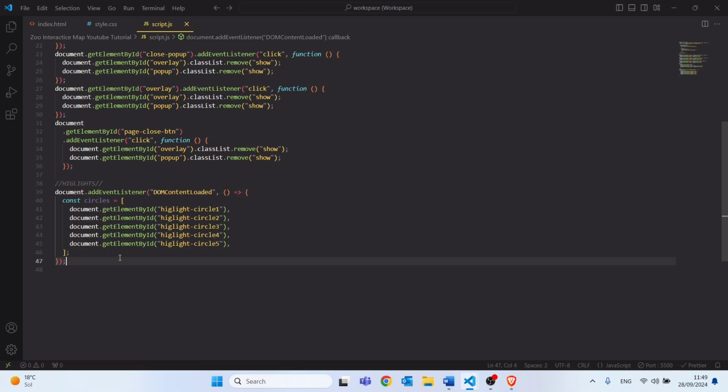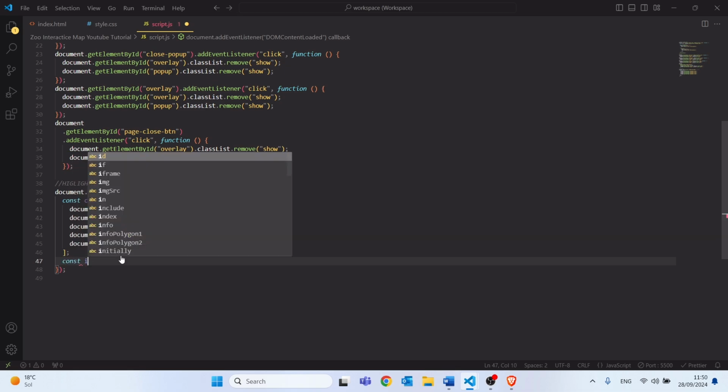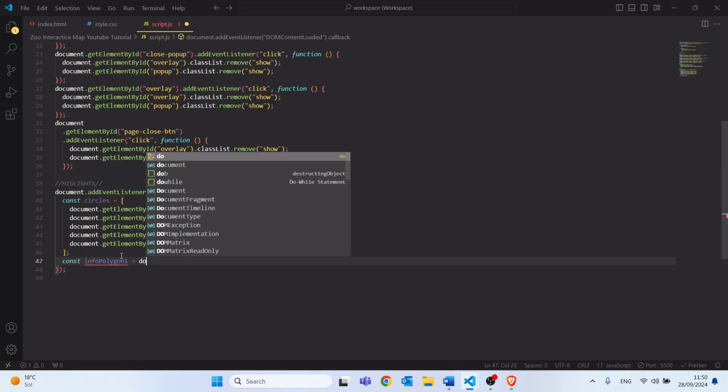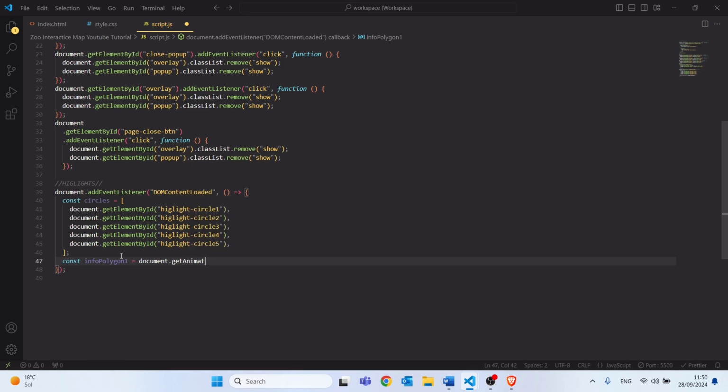Next, I will identify 2 specific polygons from the HTML using their ID attribute and assign them to variables. I will use document.getElementById to find 2 polygons named other house and other house 2. These polygons will be then stored in variables info_polygon1 and info_polygon2, so we can easily work with them later in